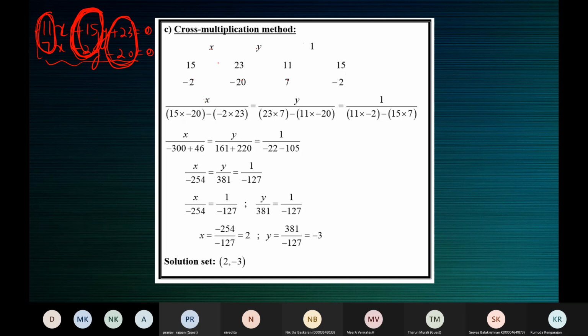See here. X divided by 15 into minus 20 is one product. Minus 2 into 23 is the other product. You must subtract the two products. You must write this product first and then this one, is equal to y divided by